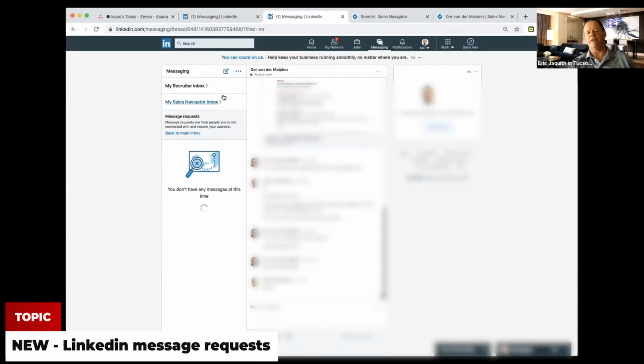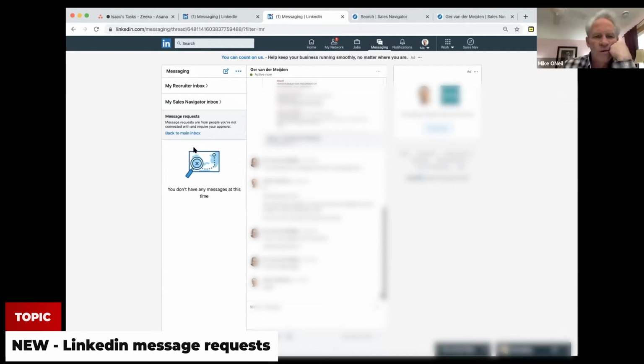Does anybody use that? I never noticed it. This appears to be like Facebook, where if you send a message to someone you're not connected to, it goes into a special area where they can basically say, I'd like to message with you, but I'm not your friend. This seems to be the same thing. I'd like to message with you, but I'm not connected to you. This is very interesting to me. Message requests are here. I'm going to do this too.